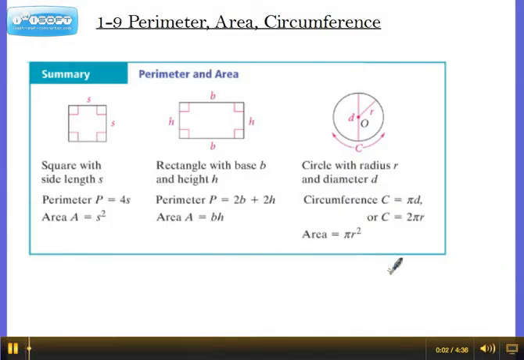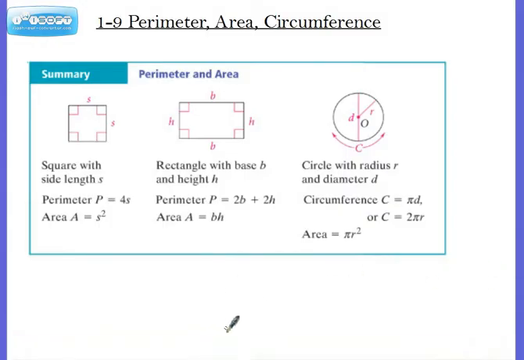Hello, this is for Chapter 1, Lesson 9, talking about perimeter, area, and circumference. Go ahead and copy these diagrams down. We got our square, rectangle, and circle. And then below it, go ahead and copy these parts down as well, describing what's going on with the square,